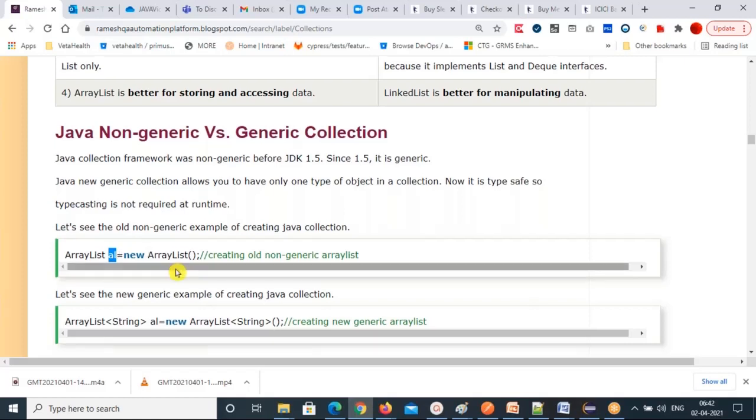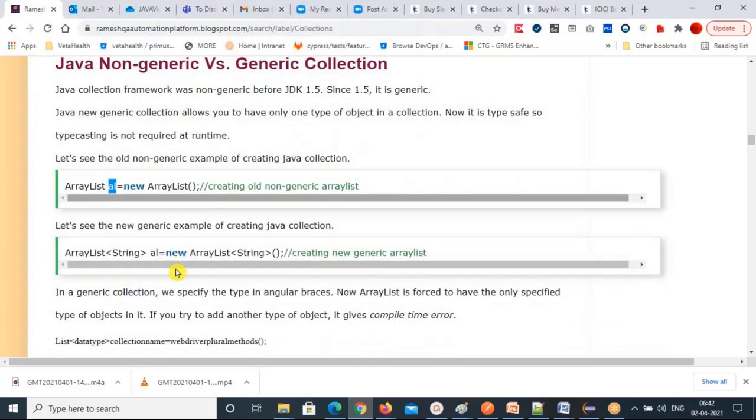So I can create a collection with generic format. So what is the generic format? ArrayList, angular braces, String. Not only String, any data type you have to place in the angular braces. On the left side, your collection type, then in the angular braces, you write the data type of the elements you want to store in the collection.